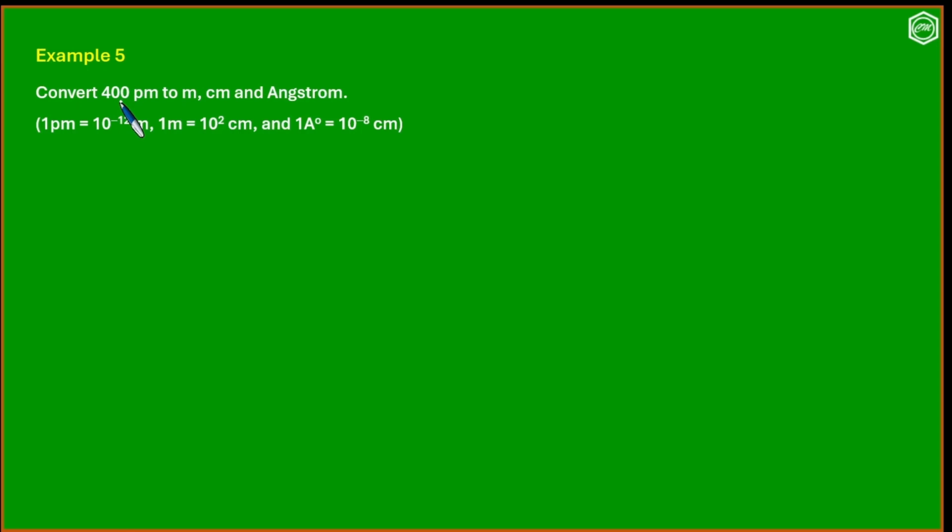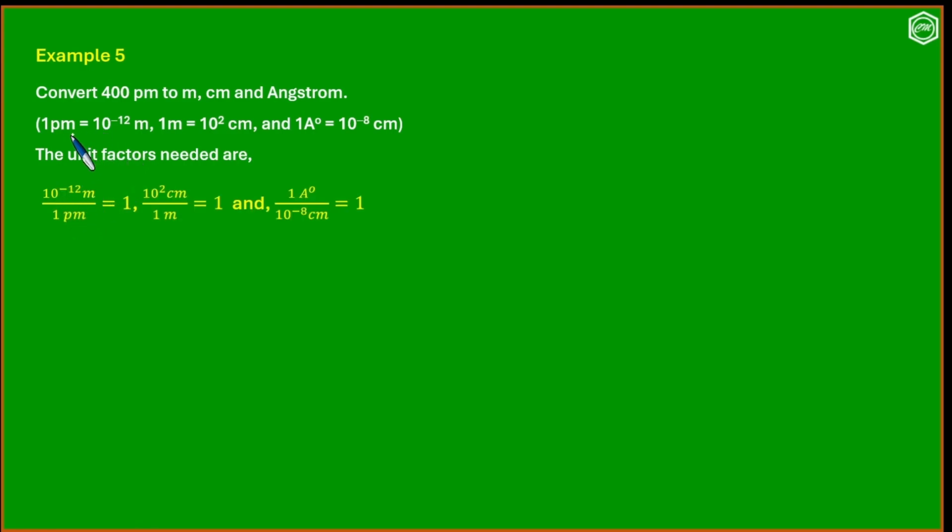Example 5. Convert 400 picometer to meter, centimeter, and angstrom. These are the relations. 1 picometer is equal to 10 raised to minus 12 meter. 1 meter is equal to 10 raised to 2 centimeter. And 1 angstrom is equal to 10 raised to minus 8 centimeter. So the required unit factors are,